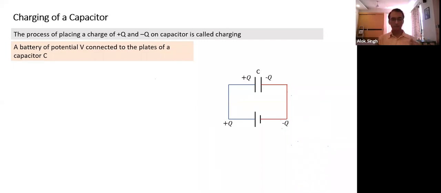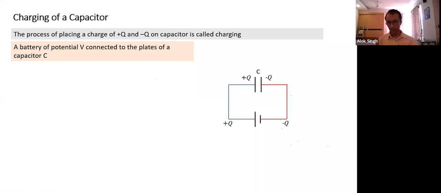Now let's understand, if you have a capacitor, suppose I have two plates. On its own, one plate will not get a positive charge and the other a negative charge. So placing a charge of plus Q and minus Q on a capacitor is called charging of a capacitor. Does the word charging make sense? Initially the two plates have 0 charge. Finally, one plate has plus Q charge and the other has minus Q charge. So there is a potential difference. This process of placing a charge on the capacitor is called charging.